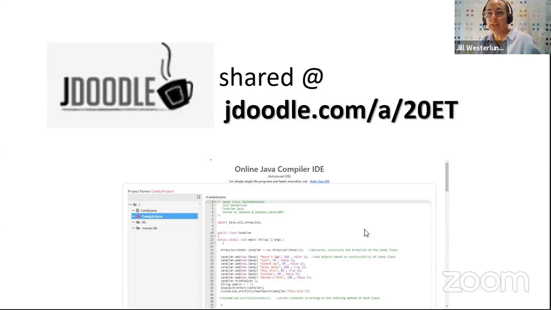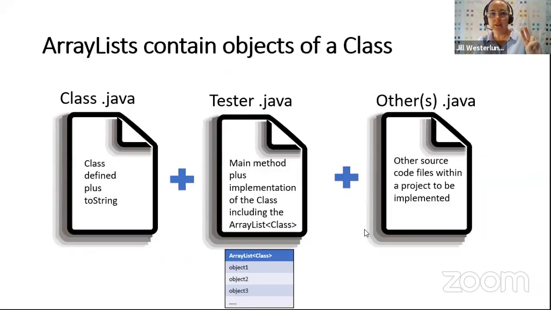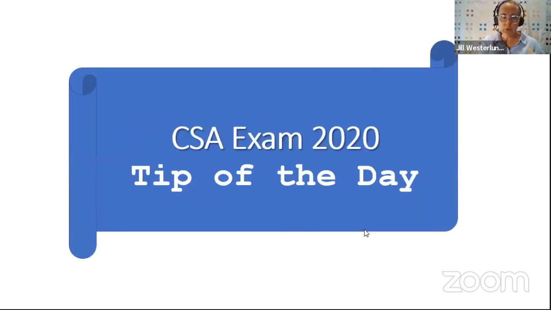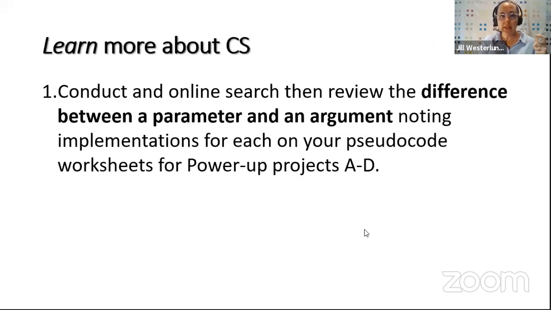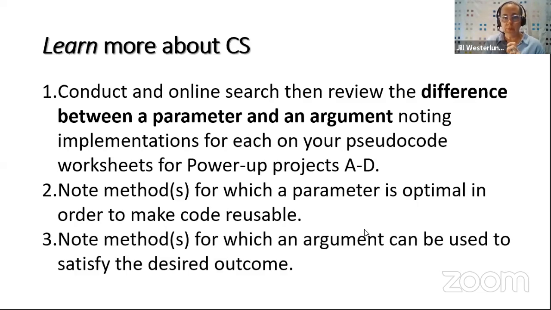Okay, so I'll talk really fast. Here's the code in JDoodle for the candy jar. I want you to think about using two. Sequential search is the same thing as linear search, and that's what I built for you. And your tip of the day is to learn more about parameters by comparing them to arguments. Do you have anything to add to this one? No, not really. That pretty much spells it out. Yeah. There's a subtle difference. Y'all are using both of them when you code. You just are not thinking necessarily about the two of them.